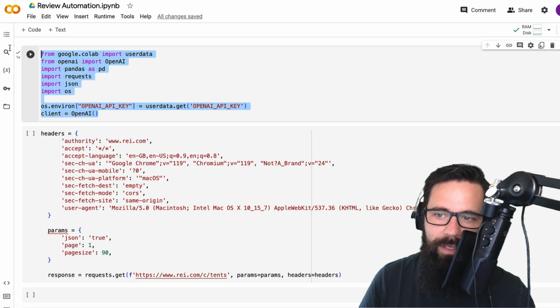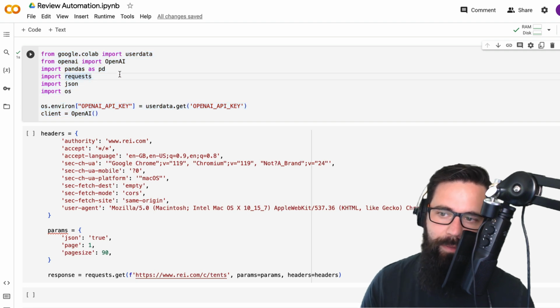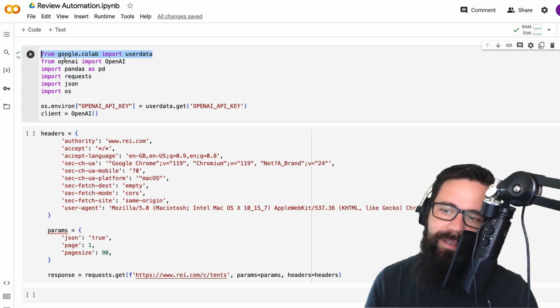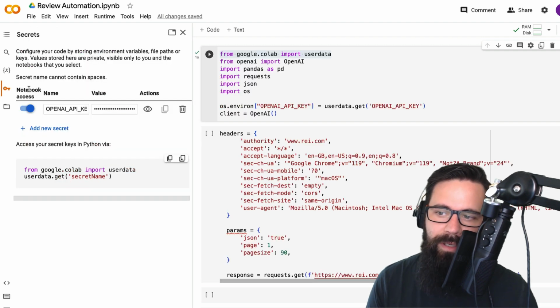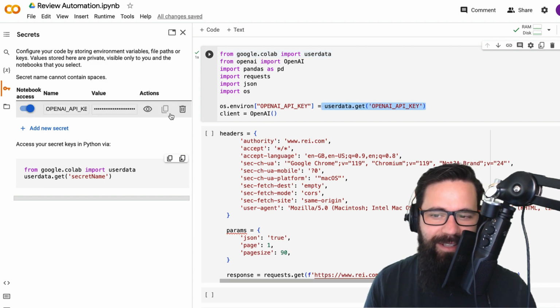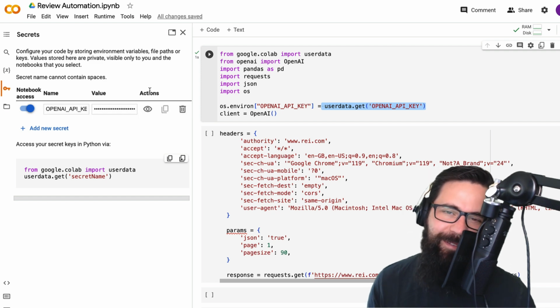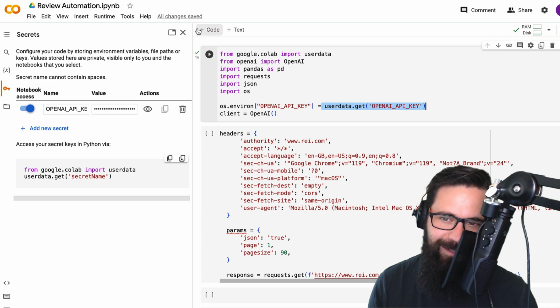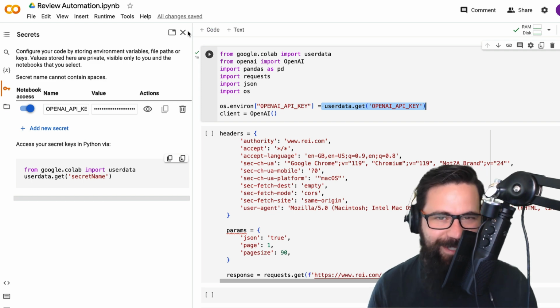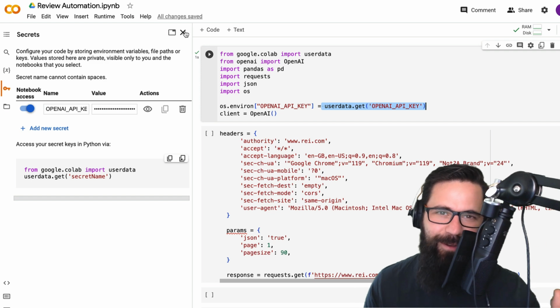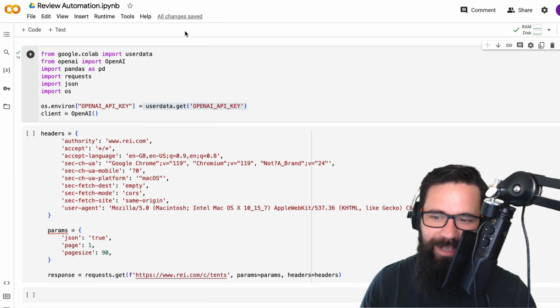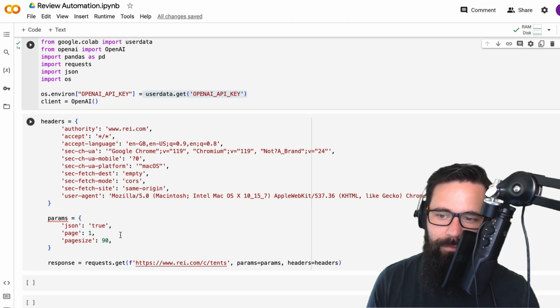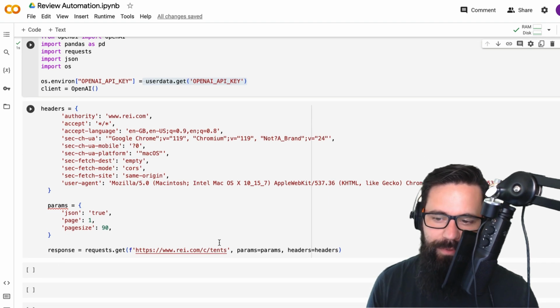Last time we imported the different Python packages we required to achieve this, one of which was OpenAI. You might notice there's a new one here. This is the Google Colab user data. On the left-hand side, we've got a little button called secrets. You can put in a key and a value, and then you can call upon that user data. So I don't accidentally reveal my OpenAI API key again, which happened in the last tutorial. And some people used it and cost me money, which is fine because I now have ChatGPT 4 because I passed a cost threshold. So here's an example of one of the API calls that we had previously,